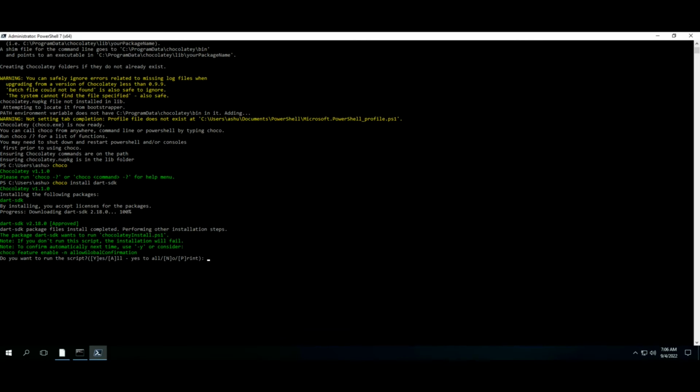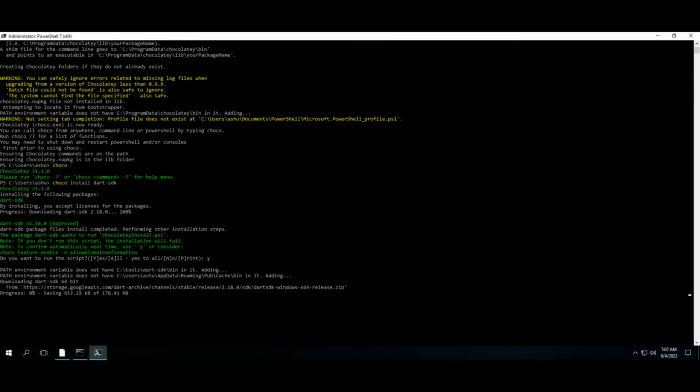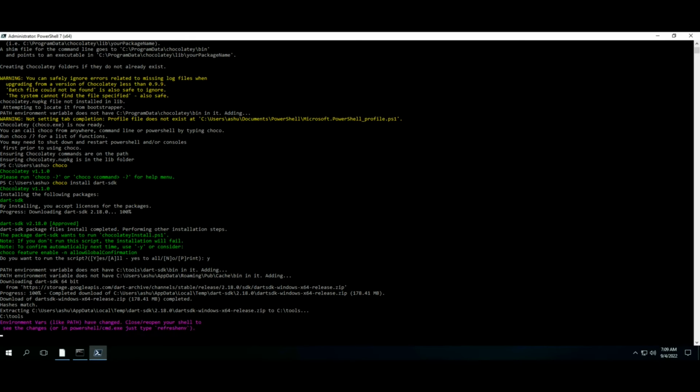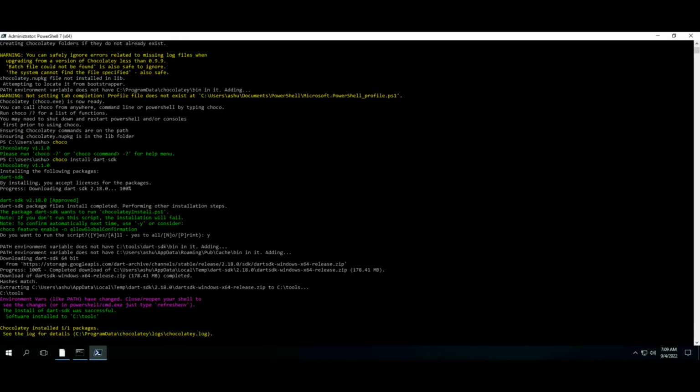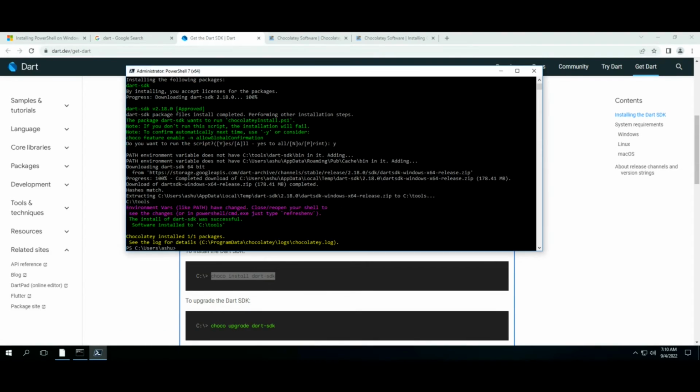Yes, we want to run this script. So we will type A. So Dart SDK is installed. Now we're going to get the VS Code editor. For this,